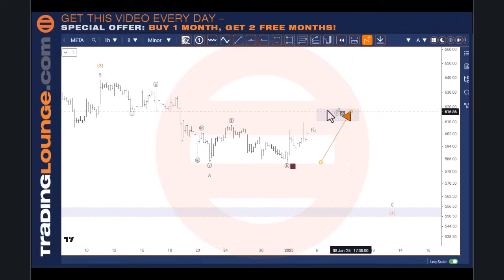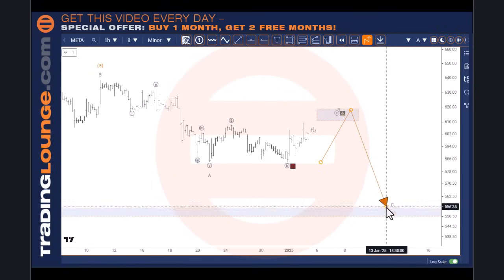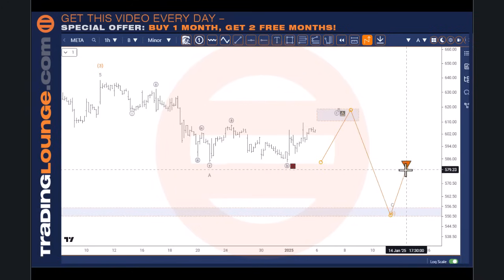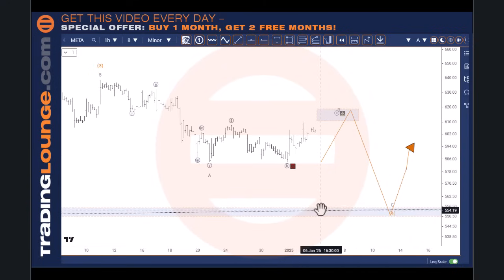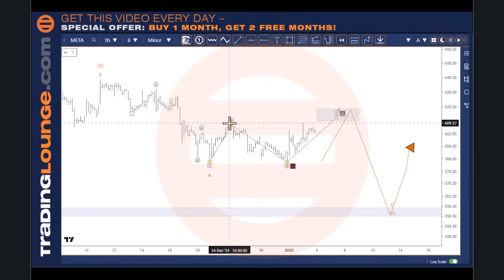So if we allow it to come back up into this supply level here, see these lows here, that will be the 65% here rather than the 61.8, but I like the number 618 over here at the price point, 620 rather. So I think we're going to be looking something like this here. Sorry about that. Yeah, so I think we've got some sort of little A, B, and C wave here.